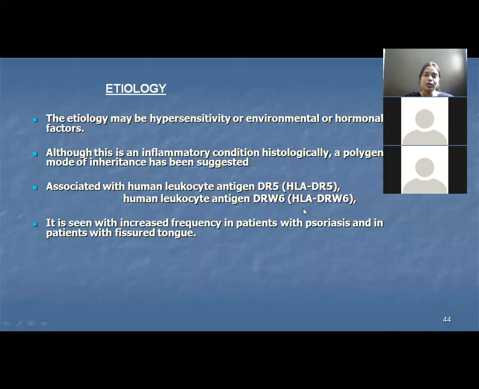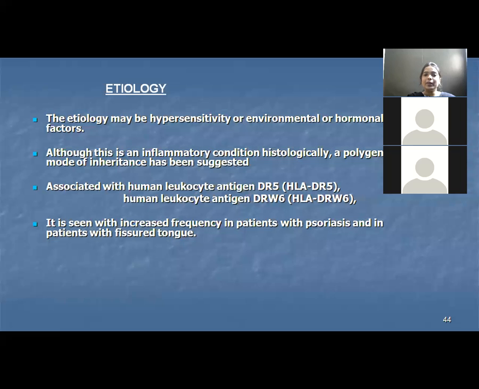The next thing is, what are the etiological factors for your geographic tongue? First, the etiology may be hypersensitivity, or due to environmental factors, or hormonal factors. Although this is also an inflammatory condition, a polygenic mode of inheritance has been proposed. It is associated with human leukocyte antigen DR5 and human leukocyte antigen DRW6. This is also important for your MCQ. The question is, geographic tongue is associated with HLA-DR5 and HLA-DRW6. It is seen in